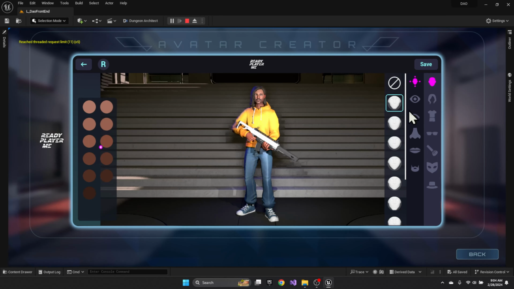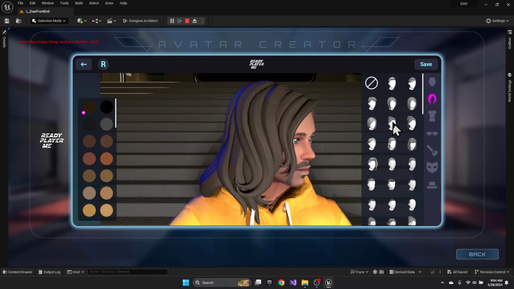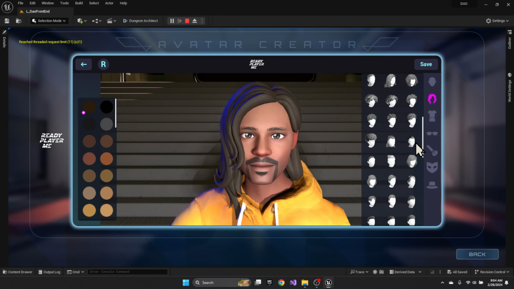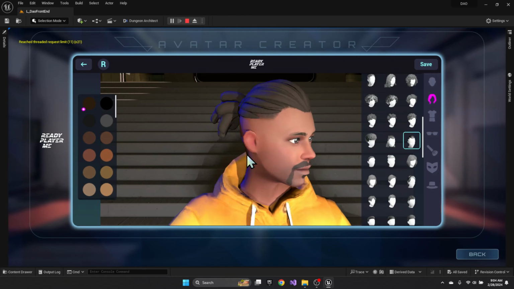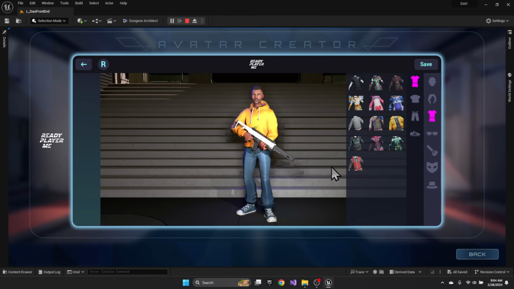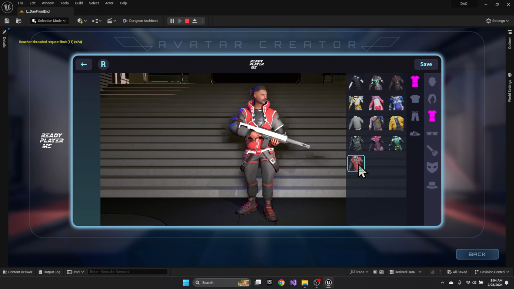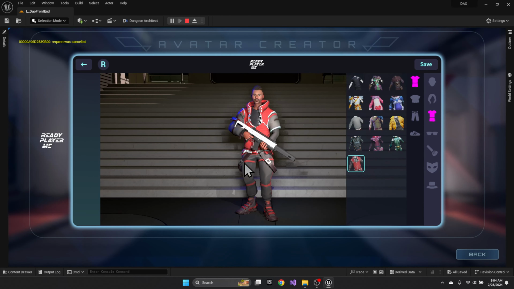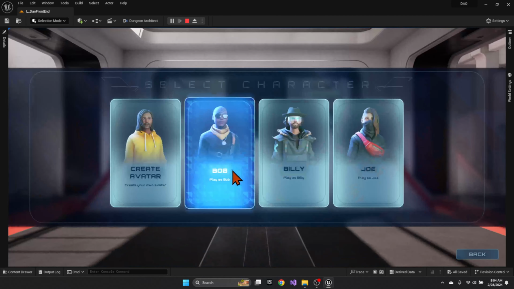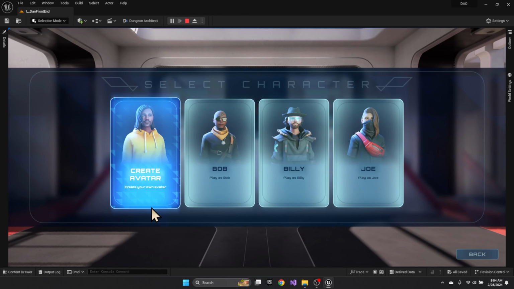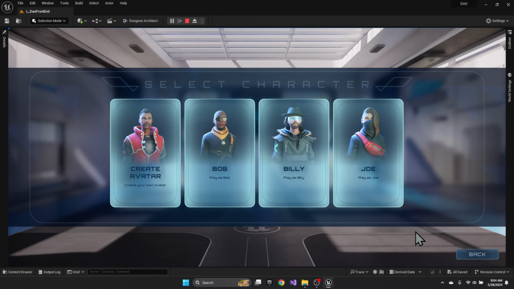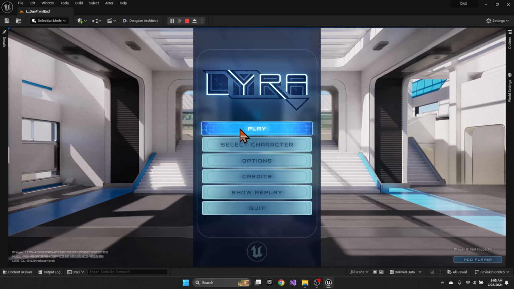you can see that I can now basically make adjustments to hairstyles, clothing, etc. So we'll change his hair to be a bit more slick back. That looks good. We'll change. Let's go with that outfit and then save those changes. And you'll see this will refresh to the new outfit. And if we play now,